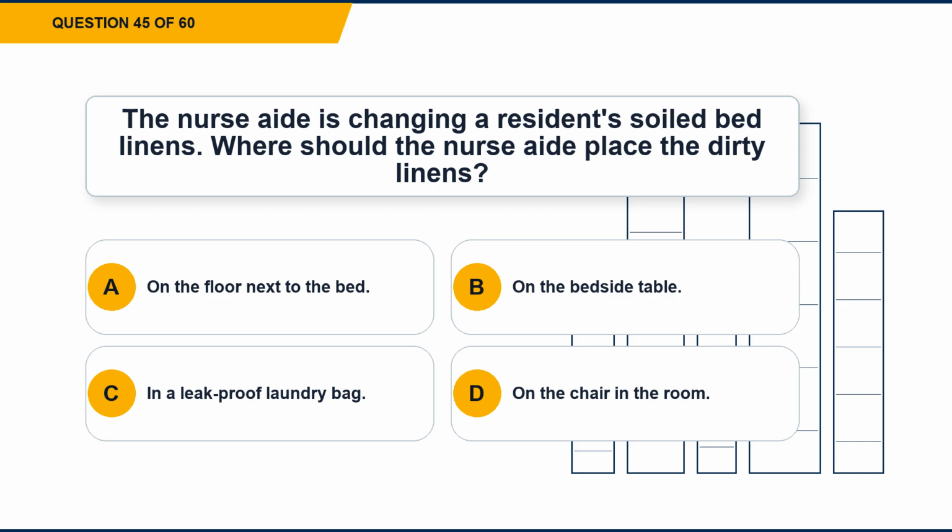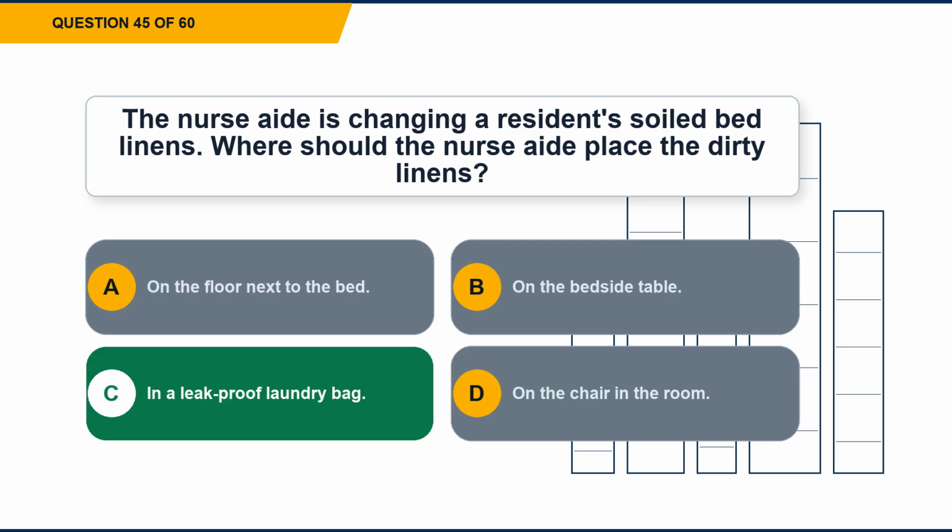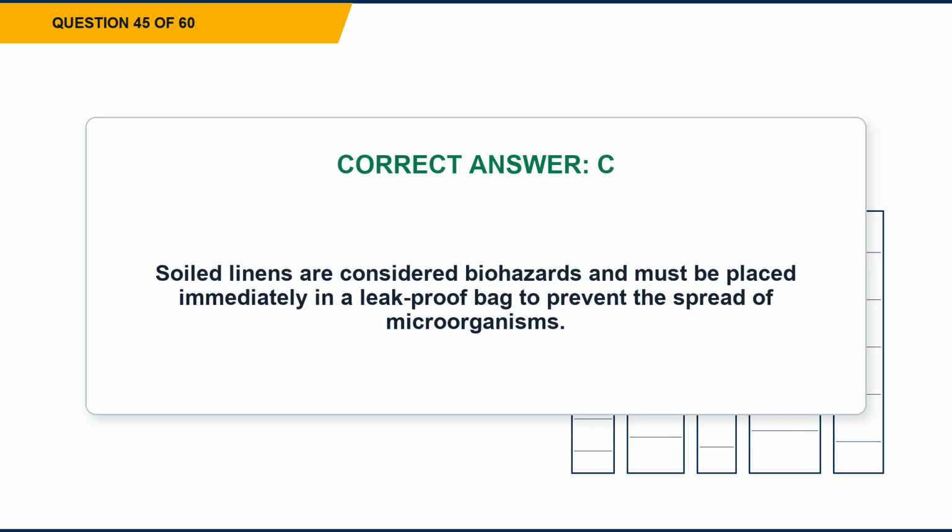Question 45. The nurse aide is changing a resident's soiled bed linens. Where should the nurse aide place the dirty linens? Option A. On the floor next to the bed. Option B. On the bedside table. Option C. In a leak-proof laundry bag. Option D. On the chair in the room. The correct answer is option C. In a leak-proof laundry bag. Explanation. Soiled linens are considered biohazards and must be placed immediately in a leak-proof bag to prevent the spread of